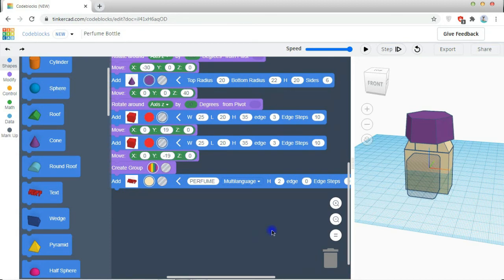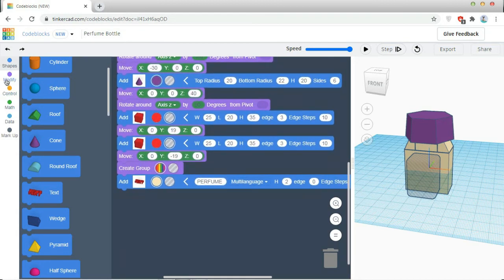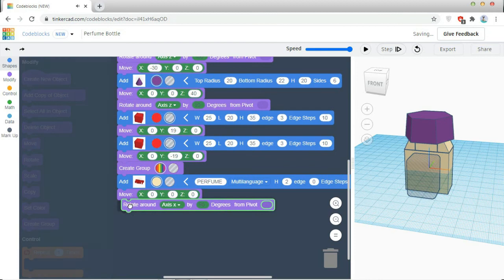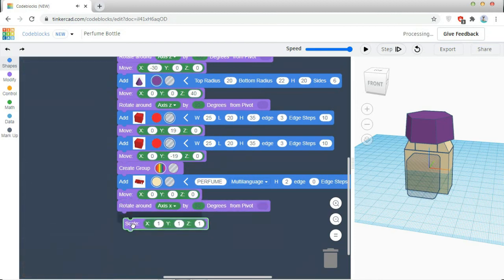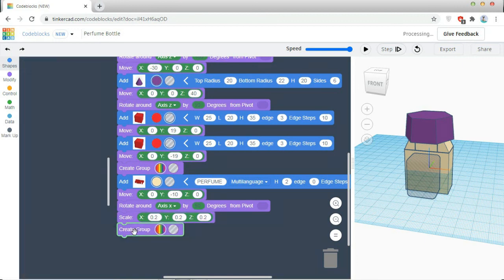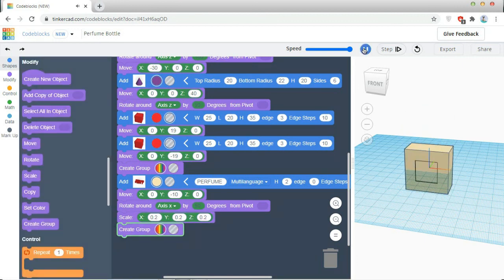After doing this, I'm going to move and rotate, and also going to use a scale. So I am moving it, rotating it, changing the size by using scale. I am moving it in y-axis by minus 10 units, and I am rotating it in x-axis by 90 degrees. I am going to scale it as 0.2 in x, 0.2 in y, and 0.2 in z. After this, I am going to create a complete object. So my final product will be